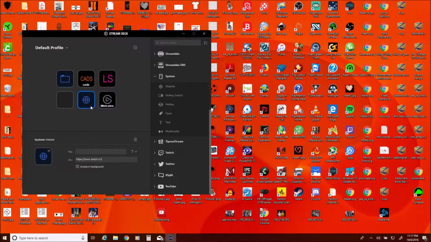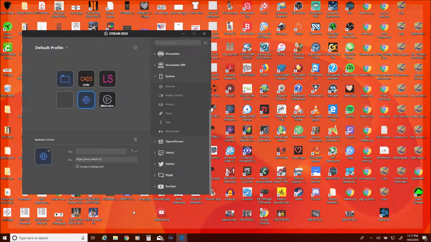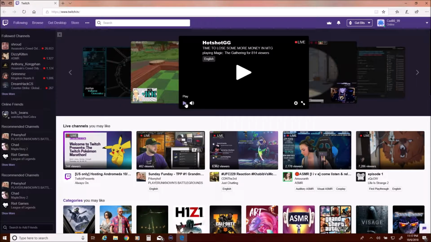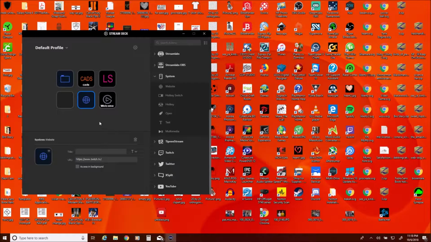So what happens is, that's my button. So now, let's say my mouse is here, I'm going to push the button on my thing. If I hit the button for it, it'll open up Twitch in my default browser, which is Microsoft Edge. Sometimes Twitch works fine here, but I like to use Google Chrome for it. But Microsoft Edge is my default. So what I found out you have to do is,